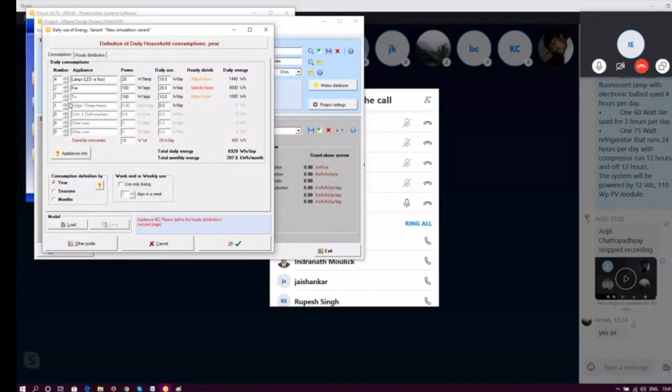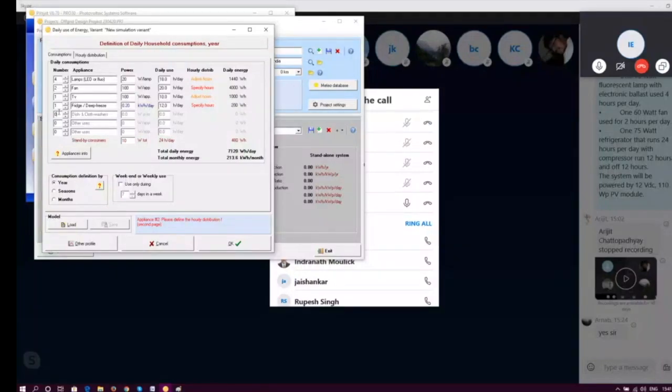Always remember, refrigerator will always be in kilowatt. So please convert it into kilowatt. Divide your wattage by 1000. In this case it will be 0.2. And the number of hours the refrigerator is operating is 12 hours.